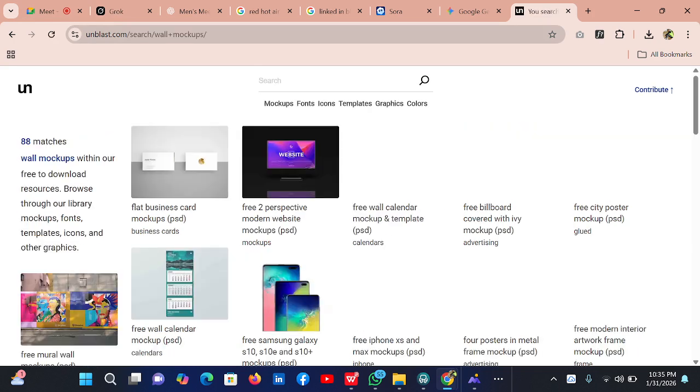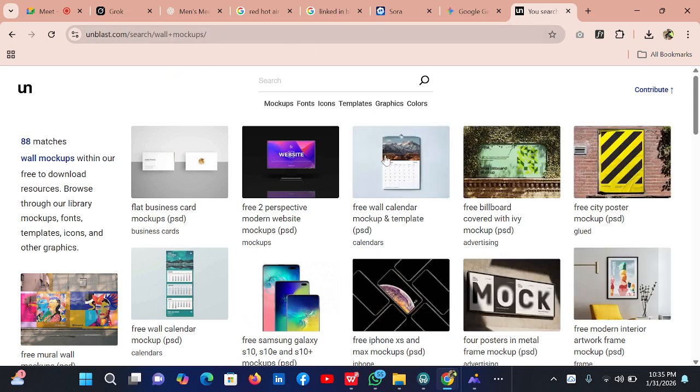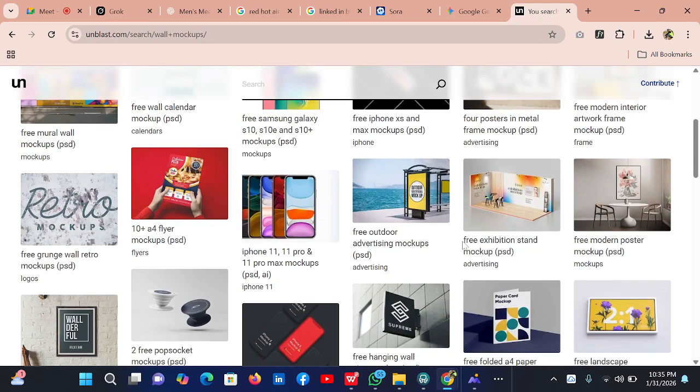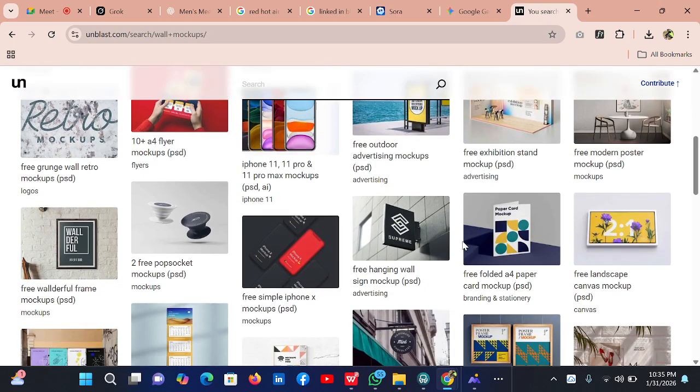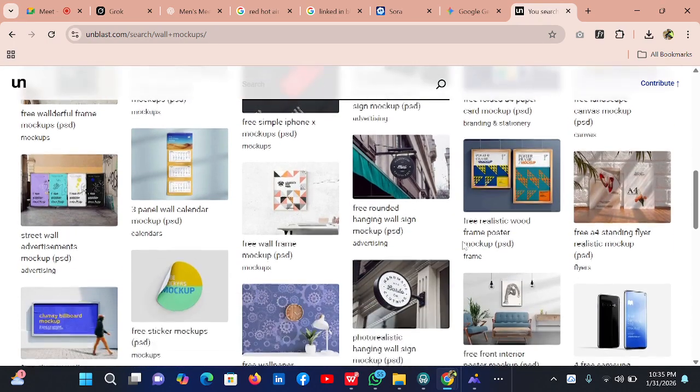If you don't know where to get that particular nini, utaona siku mrefu. Like it was that complex. So ona nimeweka wall mockup and these are the things inanipatia. So I will have now to start scrolling, looking, checking, confirming, all that.